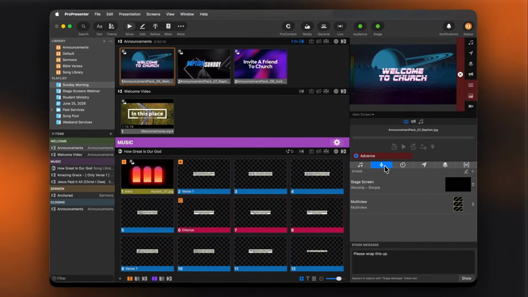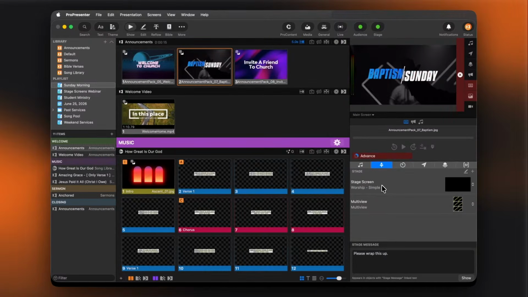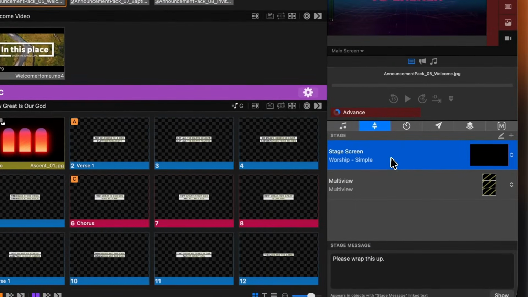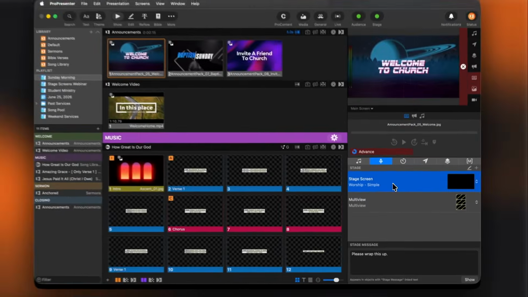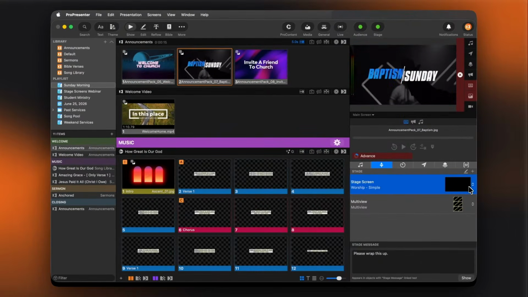That icon is for stage. So here I see my stage screen as I named it earlier, as well as a multi-view. And don't worry, we're going to talk more about that one later. But my normal stage screen is just a normal 1920 by 1080 output, and I can see it here. Currently I don't really have it set to a good stage layout. We'll talk about that in a moment, but that's really all you need to know to set up your stage